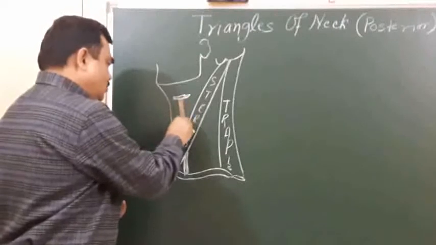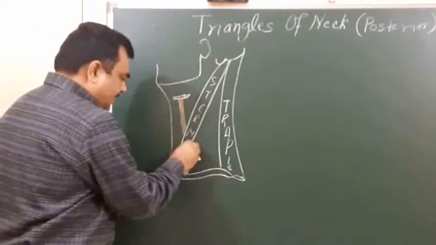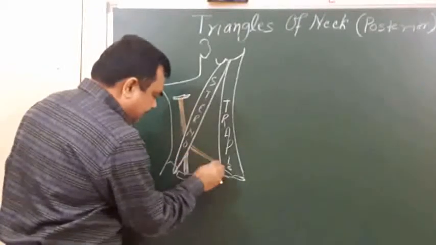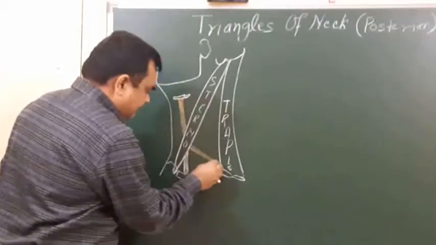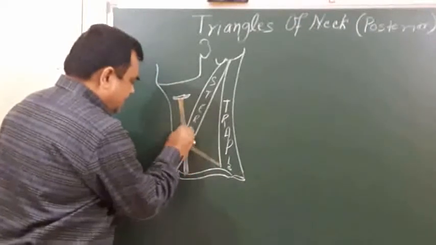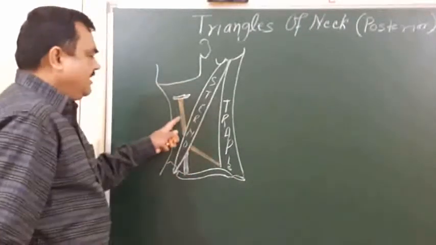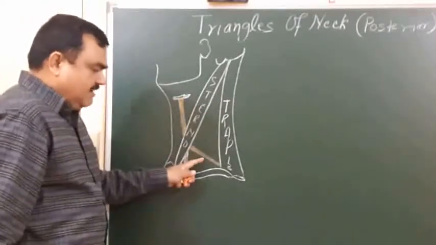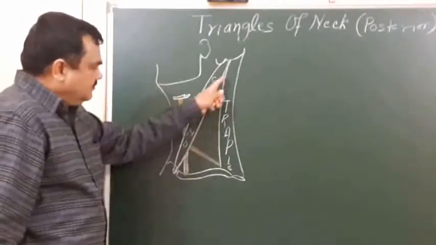This is the superior belly of the omohyoid, and this is the inferior belly of the omohyoid. By this inferior belly of the omohyoid, this posterior triangle